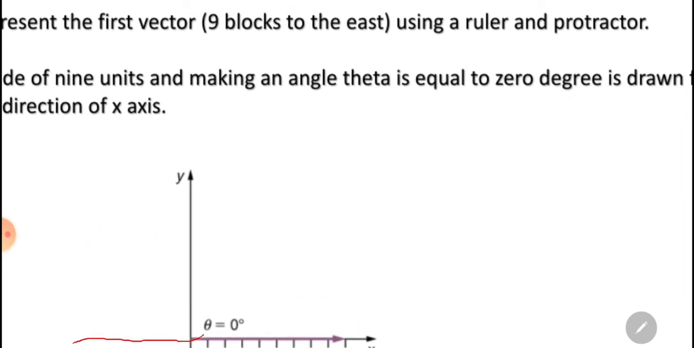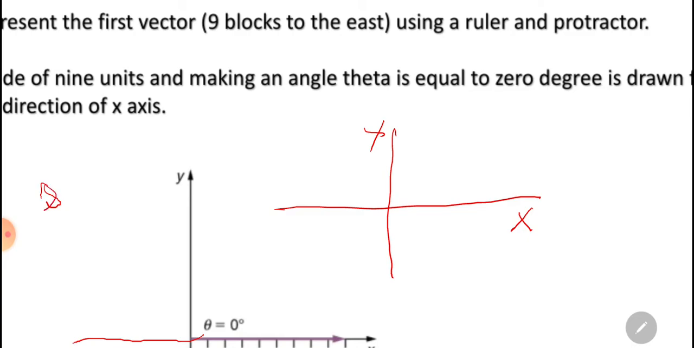The first step is to draw horizontal and vertical lines. Label these lines x-axis and y-axis. Now make a suitable scale for it. So I will draw a line of 10 kilometer